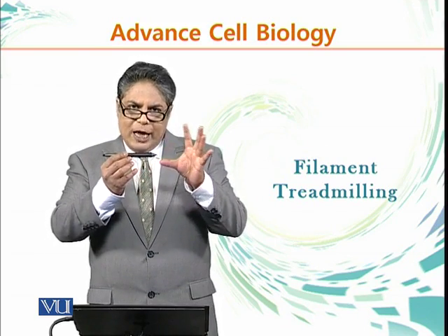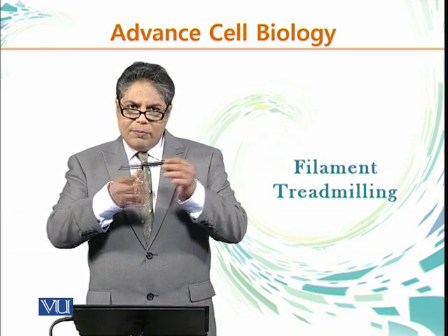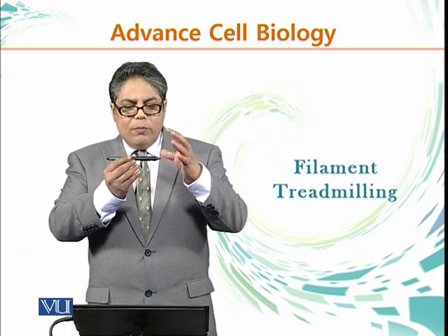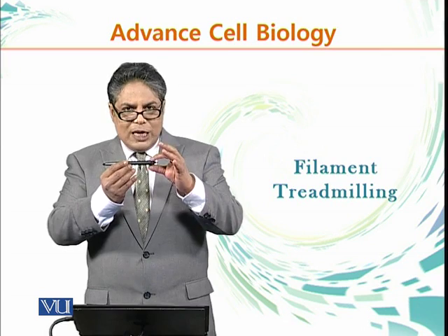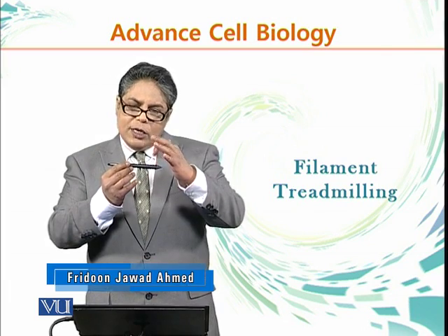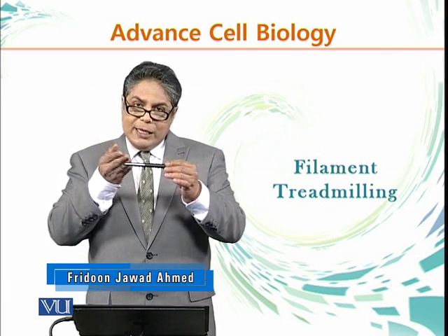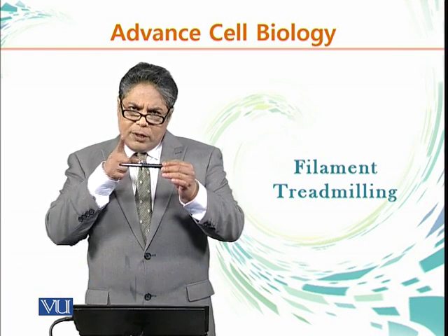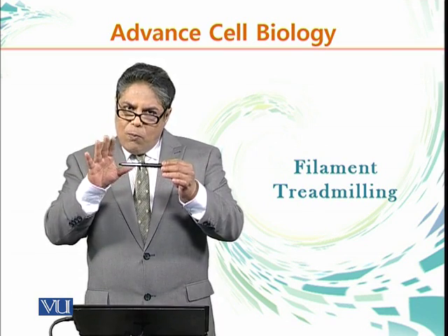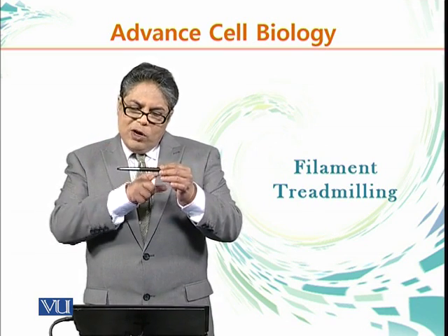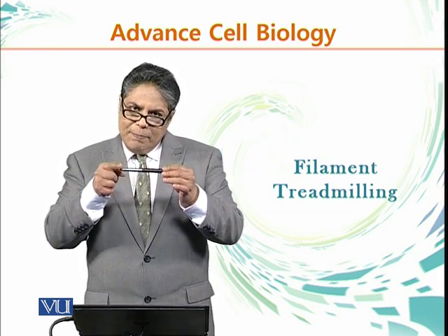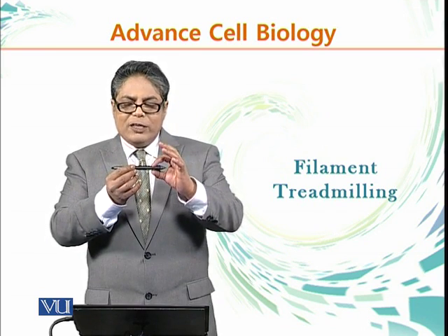If this pen were a dynamic structure, meaning it could change, add or become shorter or longer, imagine a scenario where this pen was getting shorter at this end and longer at this end. So you're losing subunits from this side, but you're adding subunits at this side. If the rate of addition of subunits and the rate of loss of subunits were equal, you're losing the same amount of monomer subunits as you're adding, then ultimately what will happen, if it gets shorter here and